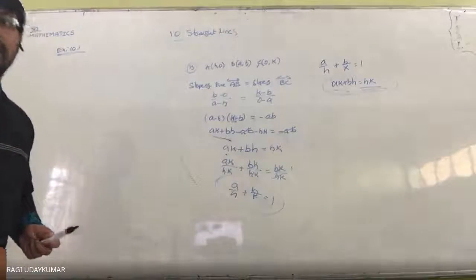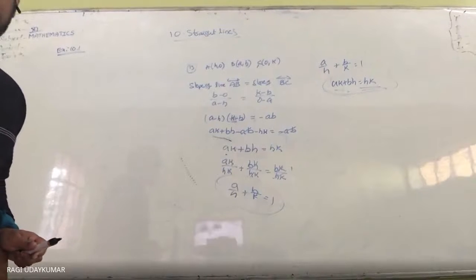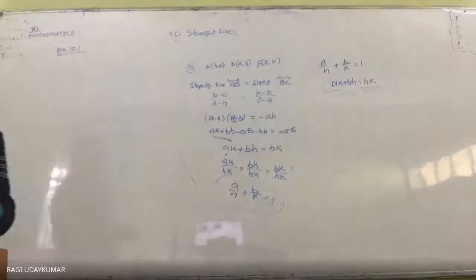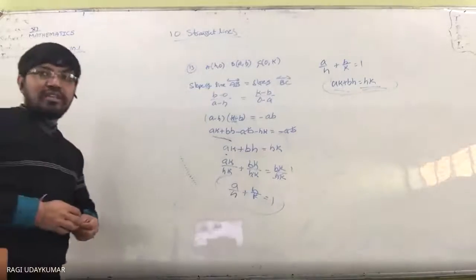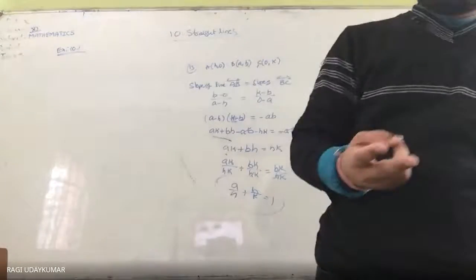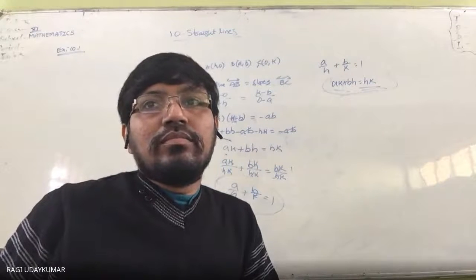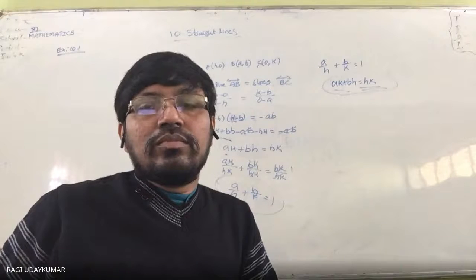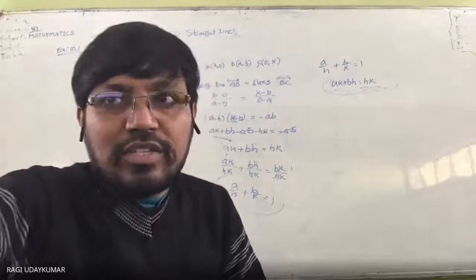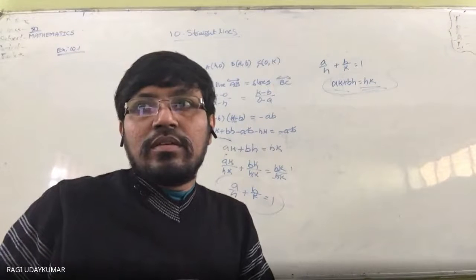14th one: consider the following graph, and it asks you to find the slope of the line. So simple here. Two points are given to you on the graph. Whenever two points are given, you need to use y2 minus y1 by x2 minus x1 so that you are going to get it. Okay, so with this we have completed the first exercise. And if you have any doubt, then you can ask me.